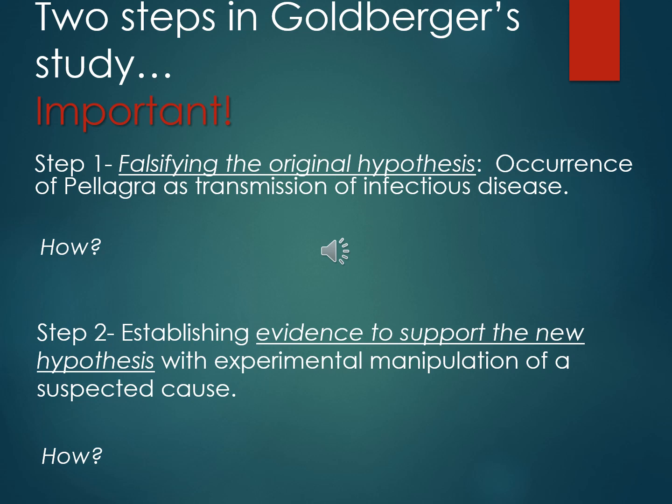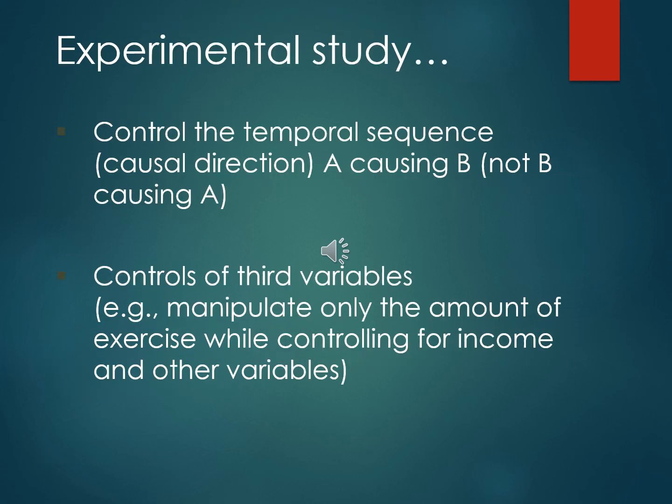What they found is that only those assigned to the experimental group with the low protein diet started showing the pellagra symptoms. Therefore, that supports that pellagra is caused by a low protein diet and only by a low protein diet, because he had already falsified in experiment one that pellagra is not caused by transmission of contagion through microorganisms. So the key idea or gist of experimentation is to isolate and control only one variable at a time,